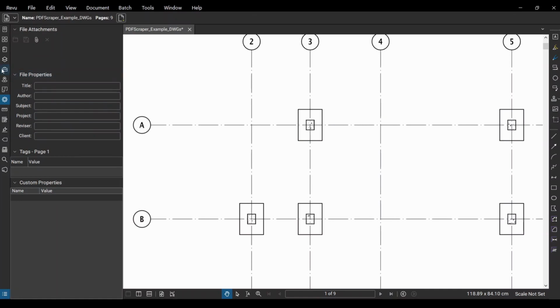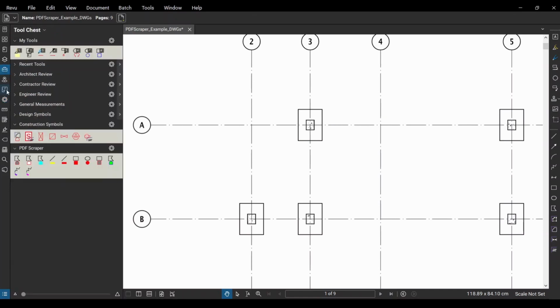There is an easier way to do it though. So if instead of doing that, I go into my tool chest, there is a Bluebeam Review toolbox that comes built in with PDF Scraper, and you can import that into Bluebeam. So if you go Tool Chest, Manage Toolsets, Import. So all you need to do is go into the resources folder in your PDF Scraper installation, and you'll find that there's a PDF Scraper Review toolset included in there. And if you open that,